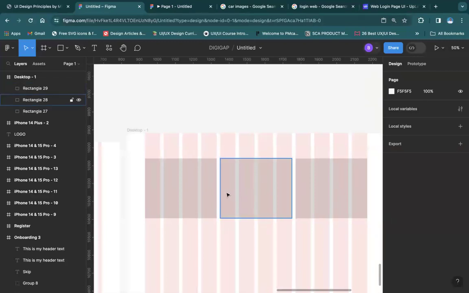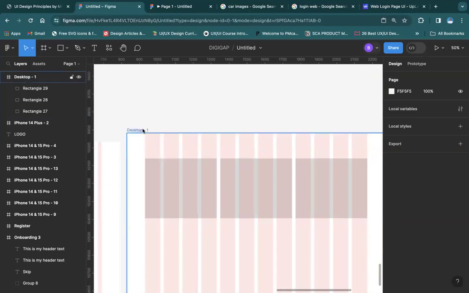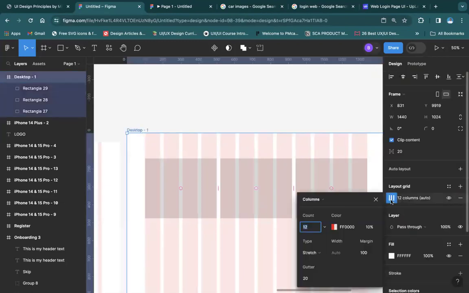What's the space in between these three designs? I think 20, the space between each is 20. That's because my gutter is 20. If I increase my gutter to say 30